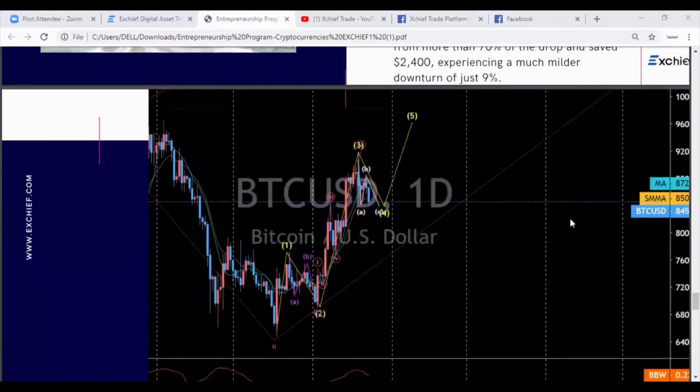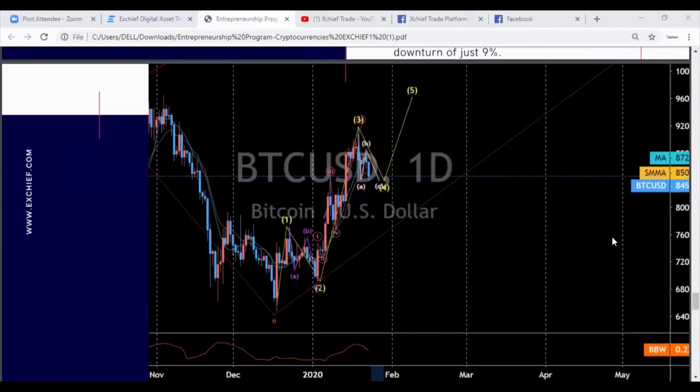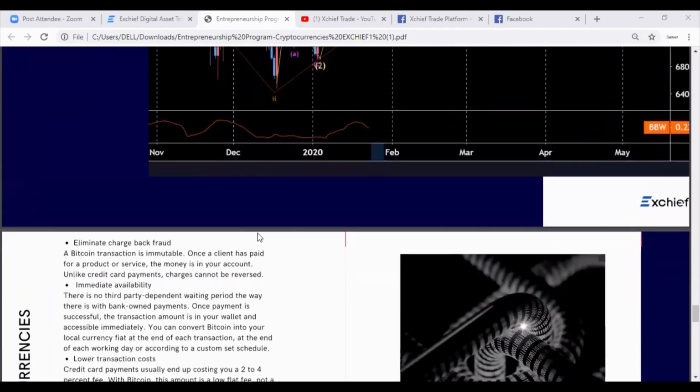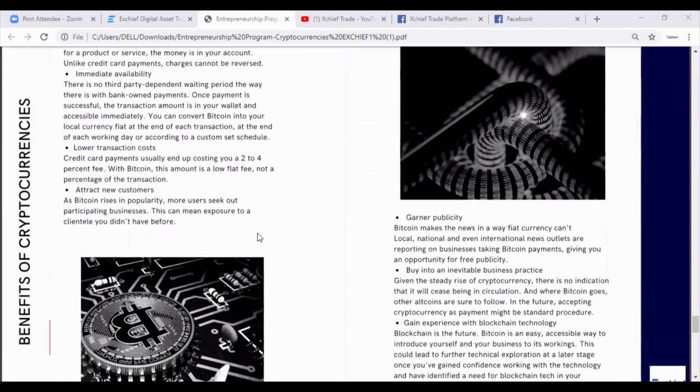Now this slide is a visual of a chart of Bitcoin. It's basically showing you the up and down trend of Bitcoin. Now we'll look at the benefits of